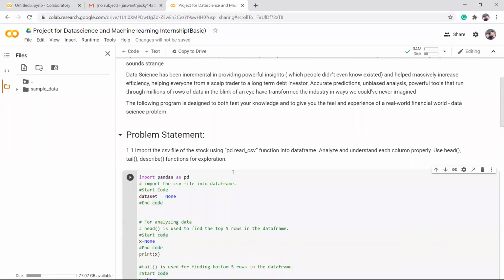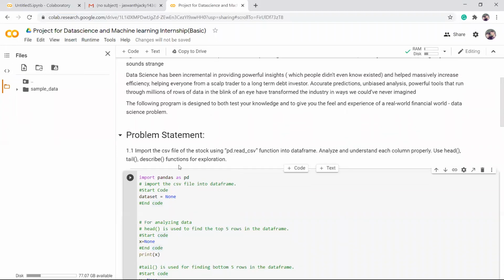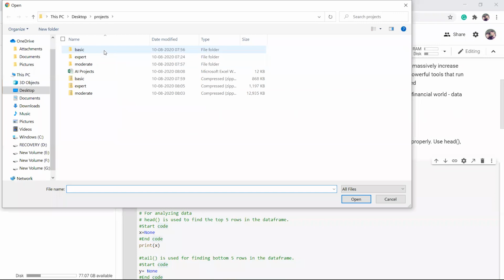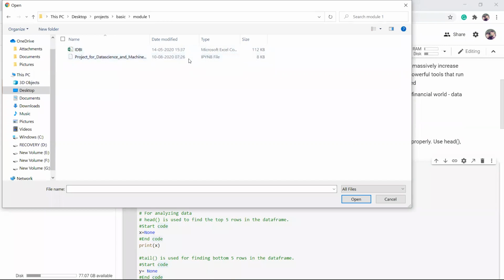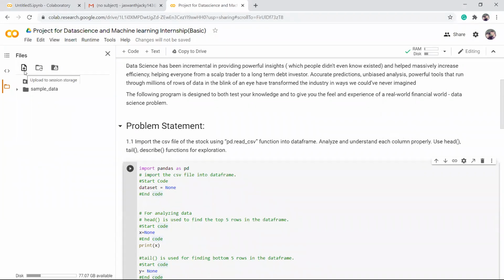Suppose now you are doing module 1 related to pandas, matplotlib and everything. You'll have a dataset called the IDBI dataset. In Basic, Expert, Moderate, everything you can find in Google Drive. When you go to module 1, you'll see two files, an IPYNB file and a Microsoft Excel file, which is called a CSV file. First you need to upload the CSV file into Google Colab, or if you're working with local Jupyter Lab,